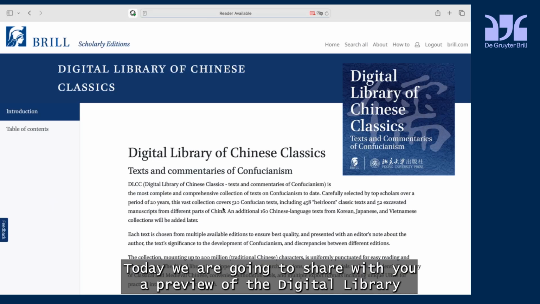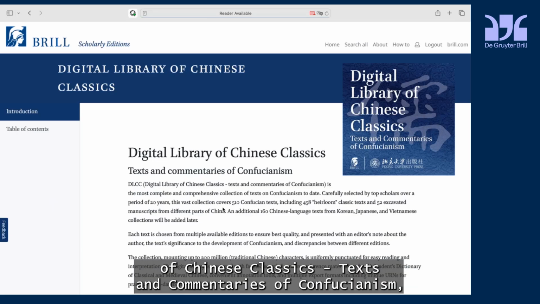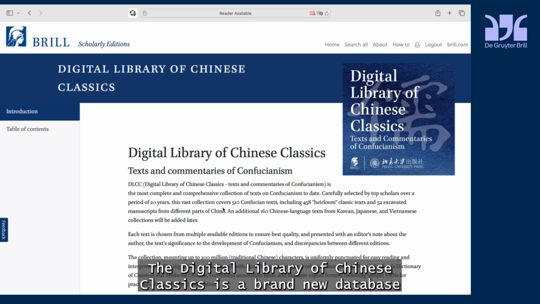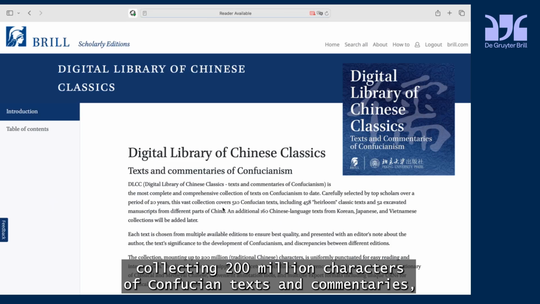Hi everyone. Today we are going to share with you a preview of the Digital Library of Chinese Classics, Texts and Commentaries of Confucianism, the newest addition to de Gruyter Brill's specialty platform Scholarly Editions. The Digital Library of Chinese Classics is a brand new database collecting 200 million characters of Confucian texts and commentaries,